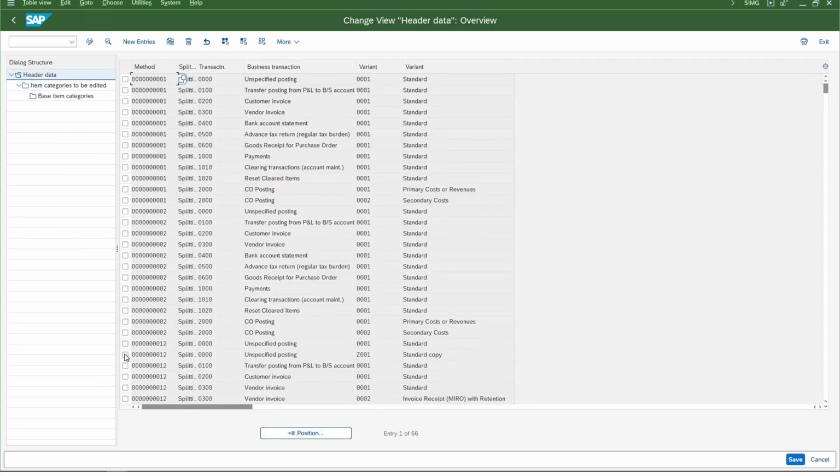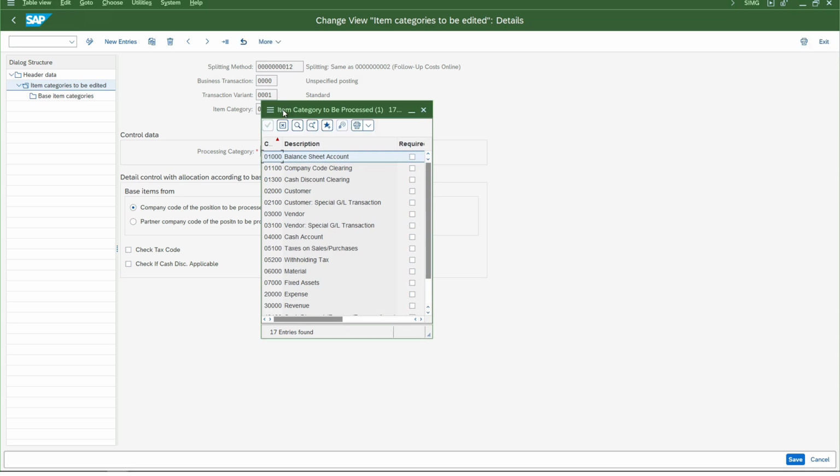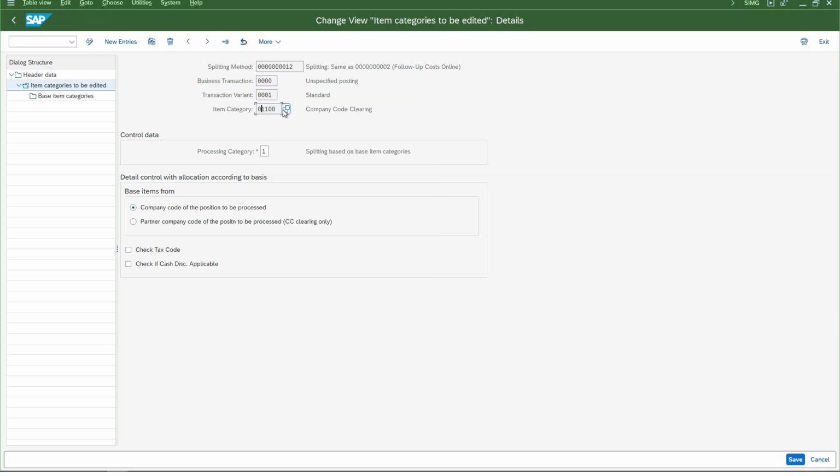Under these document splitting rules, this is the method that we are using. This is the unspecified posting, right? If I double select this and go to item categories to be edited, what is this item category? It is company code clearing. It's an item category, and we know that we are assigning GL accounts to company code clearing. Only if the system identifies any GL accounts assigned to this item category will it be able to perform document splitting, even if there is more than one cost object assigned to those